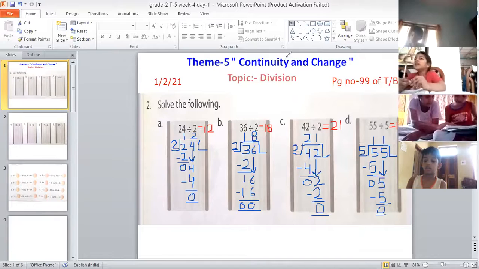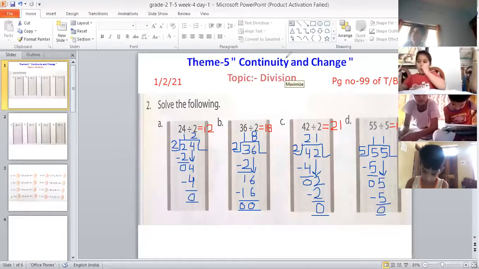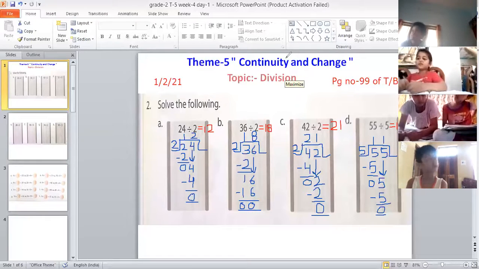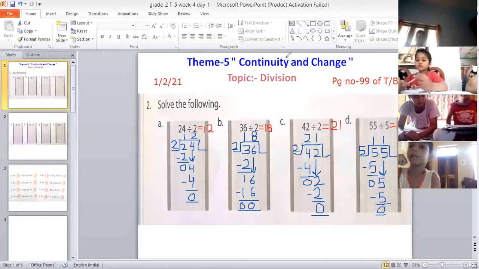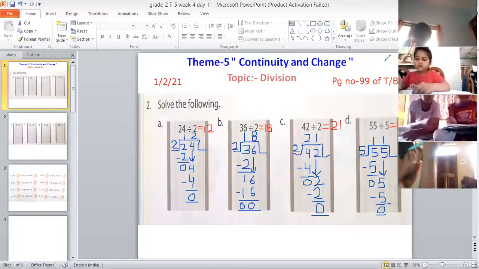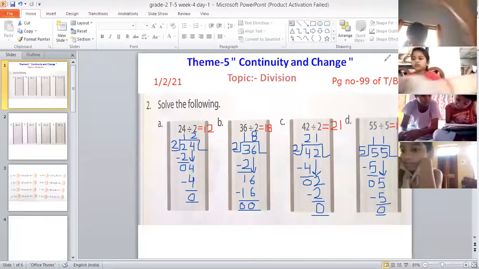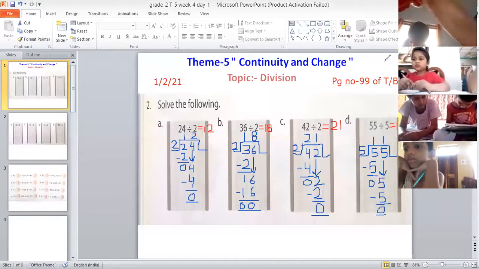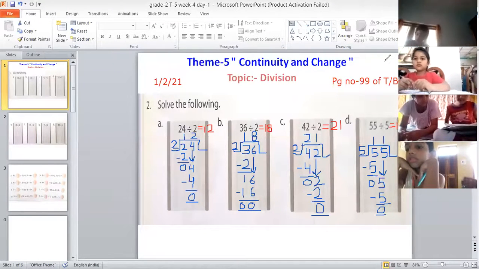Fine. On Friday, I gave topics to a few children. So today I'll be giving topics to a few more children. I'll be assigning you a few topics, or you can take a topic of your choice also. You have to make a video on that topic, and you have to explain that math topic either with the help of a chart or with the help of an activity. It's up to you.